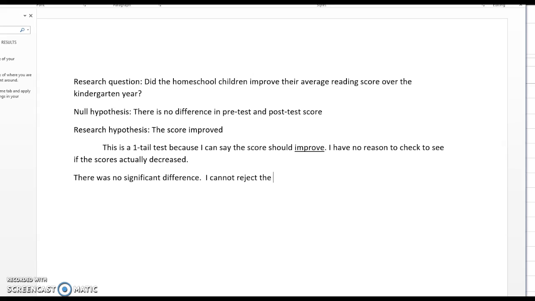I cannot reject the null. That means basically I need to do more work. Something is weird here. I was sure they should be doing better and they're not. Maybe it's time for a little qualitative research, right? Like maybe the parents ran out of time and they didn't have a chance to teach their kids the way